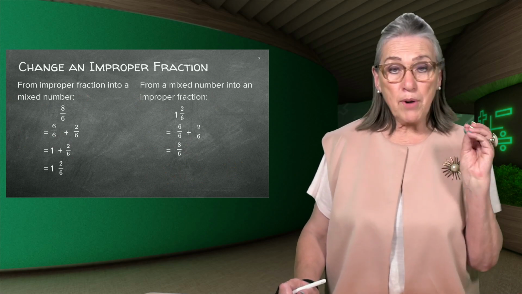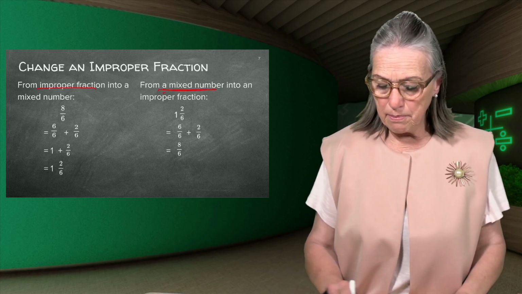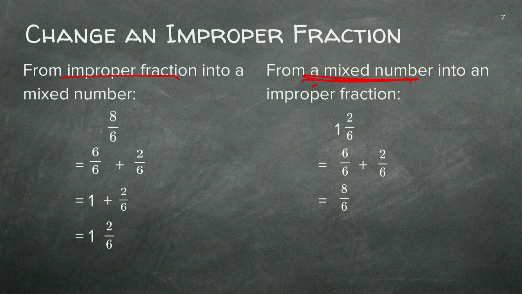Now, an improper fraction can also be changed into a mixed number. Very similar to what I've just done on the previous slide. So say we've got an improper fraction 8/6. If we want to turn this into a mixed number, so we all know what is a mixed number. It's like a whole, this is a mixed number, for example. There's a whole number and a fraction next to it.